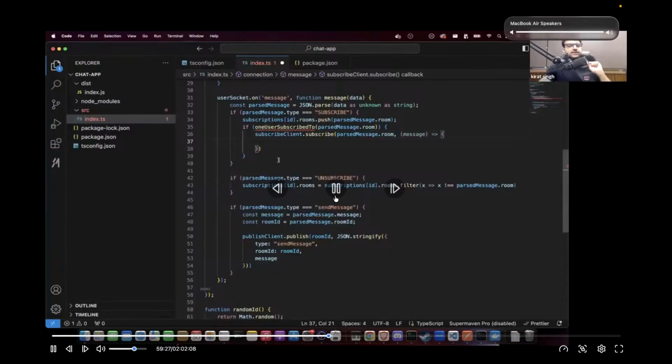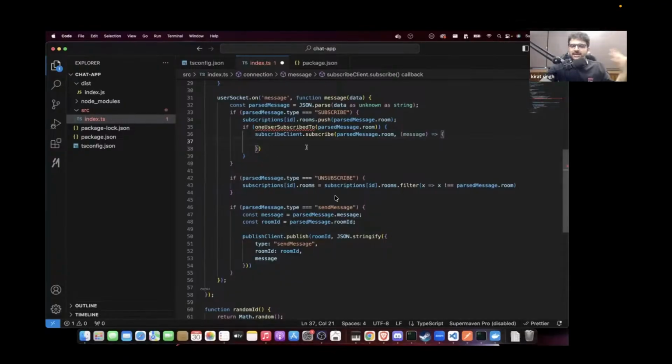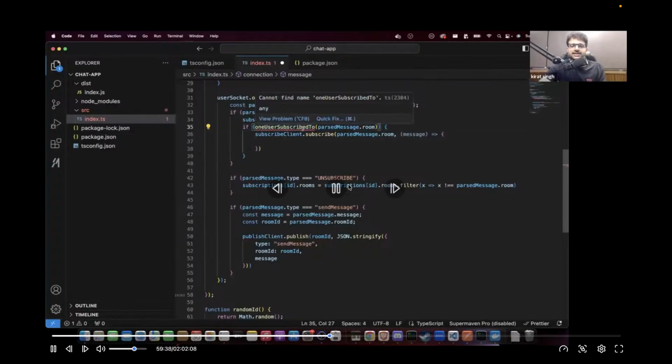And here is where you need to send the user back the message. Iterate over all the users that are interested in this room. I repeat, if the first person who's interested in room 1 joined, we will write this function eventually, but if one user has subscribed to this room, is when you need to subscribe to the pub-sub. If another user subscribes, then you don't have to